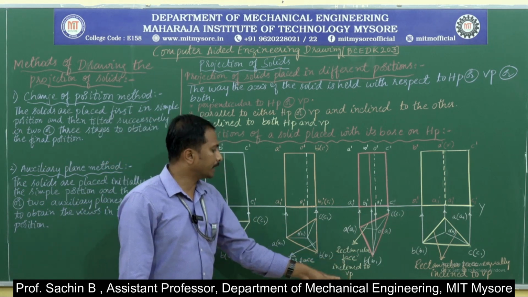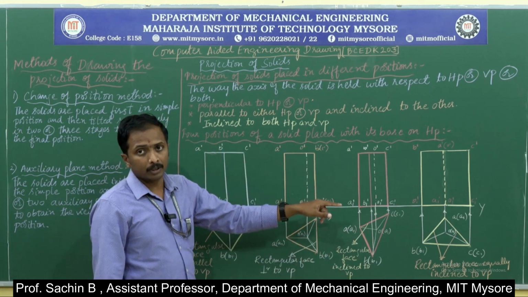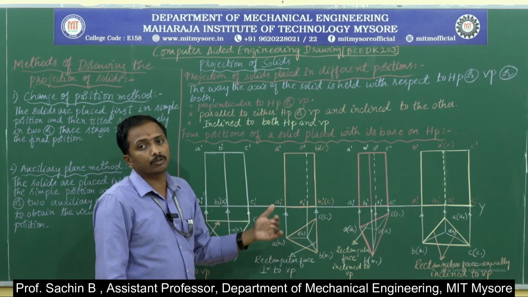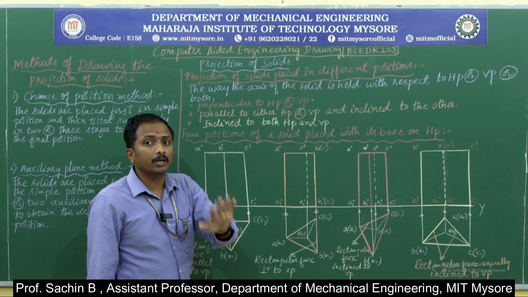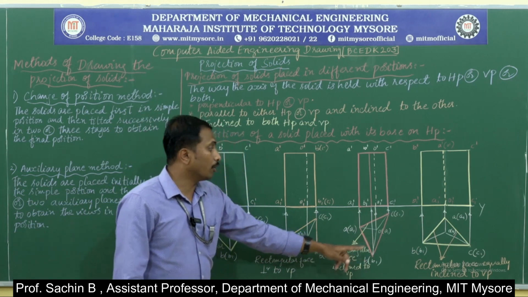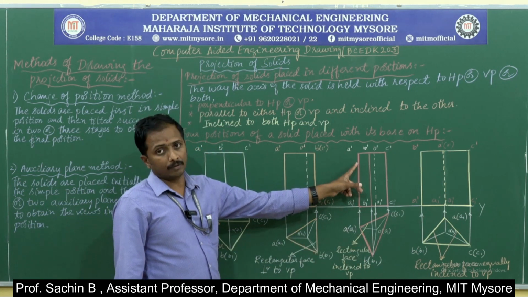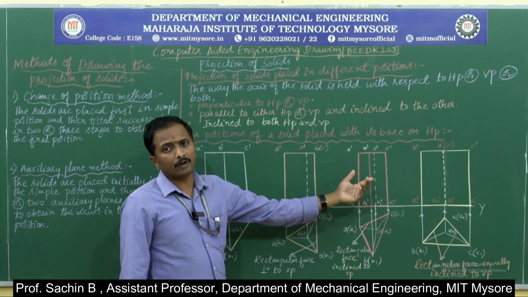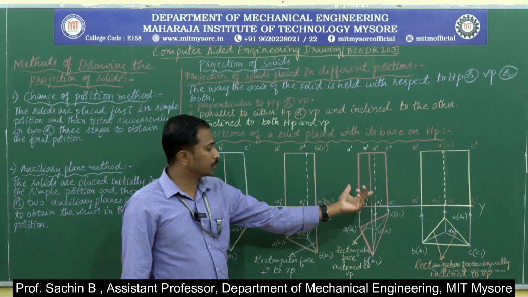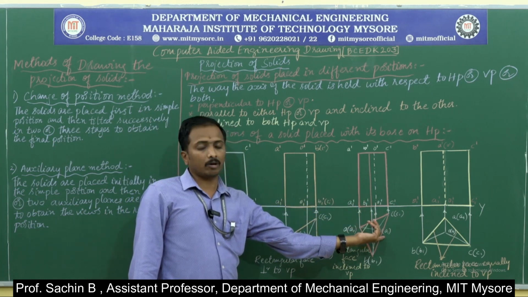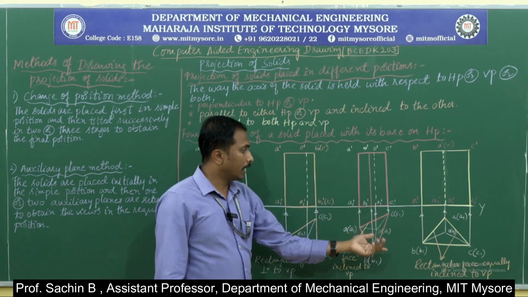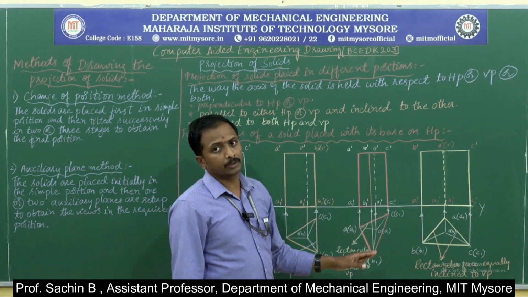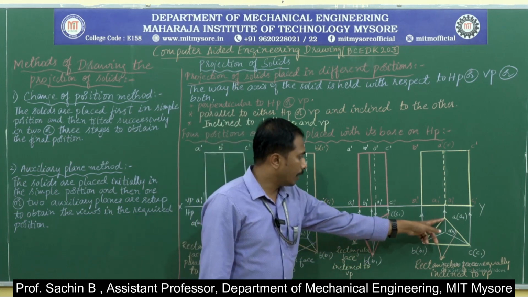Means here the rectangular face is inclined to VP. In this particular condition, the object gets tilted to some angle to the VP, but it is resting on HP. Again I am writing the top view, again I am writing the front view in this particular case. So development of lateral surfaces, most of the cases we are going to solve many of the problems by taking this particular condition. At the last, just observe here I have written the object by keeping the apex near to